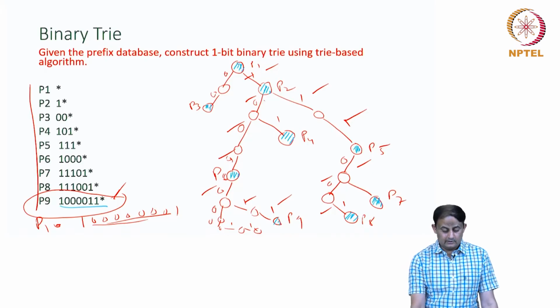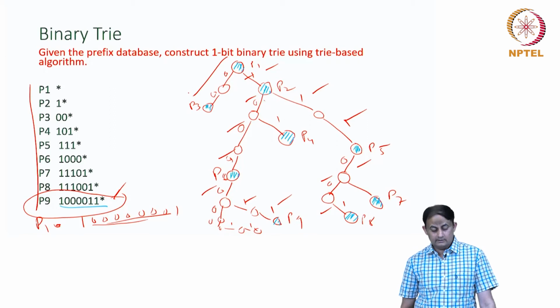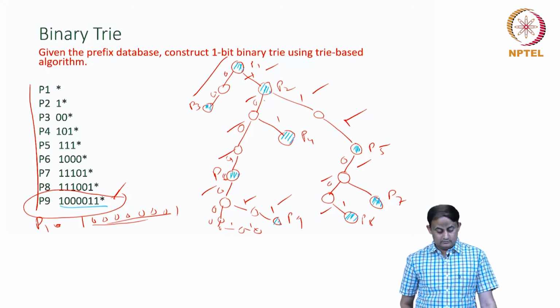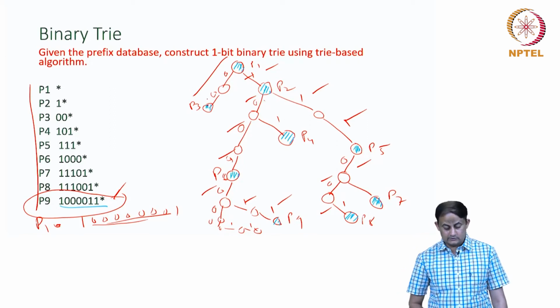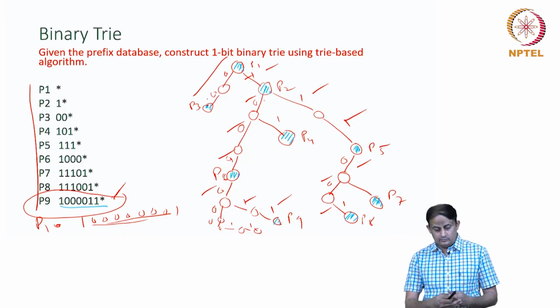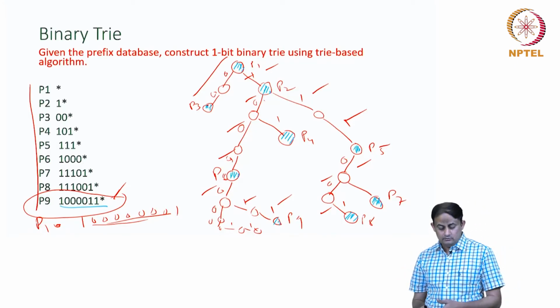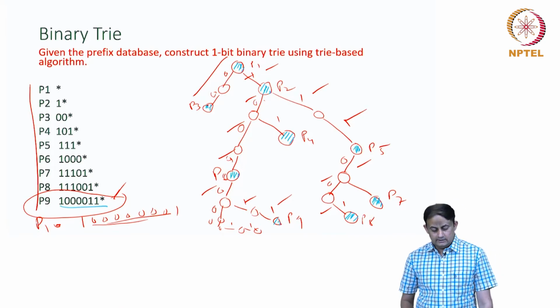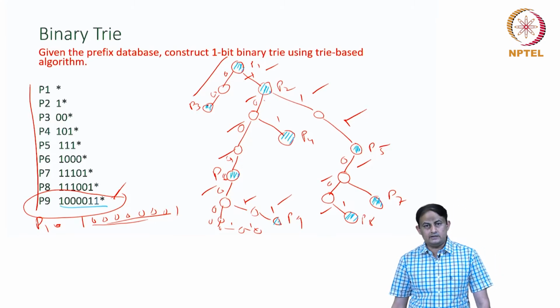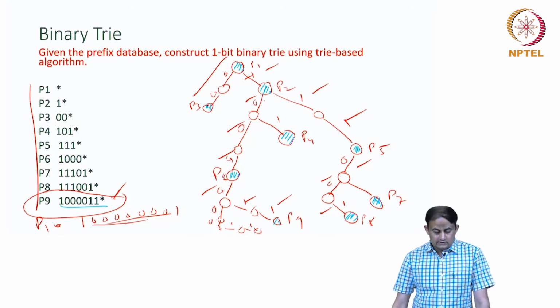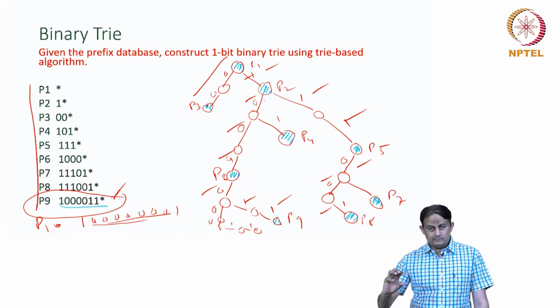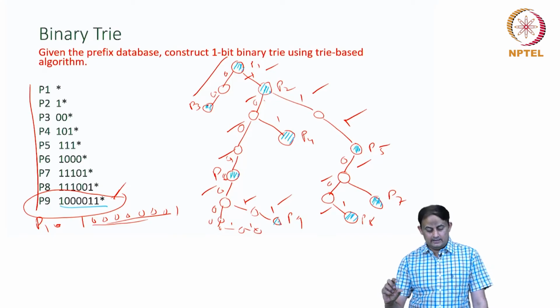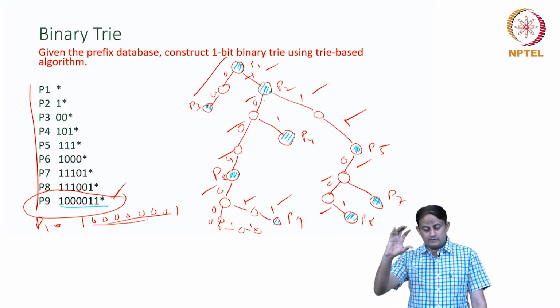For example, if I take this left subtree from P1 to P3, from the root node to this node there are two bits, one 0 followed by 0. The intermediate node that is here is not representing any of the prefixes. So, can I get rid of this intermediate node